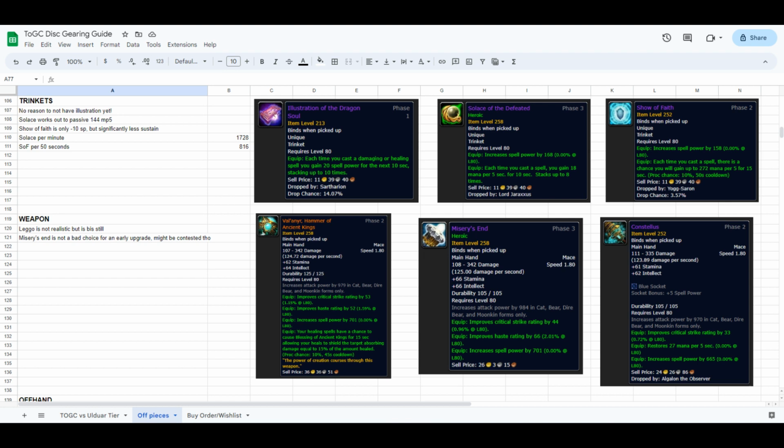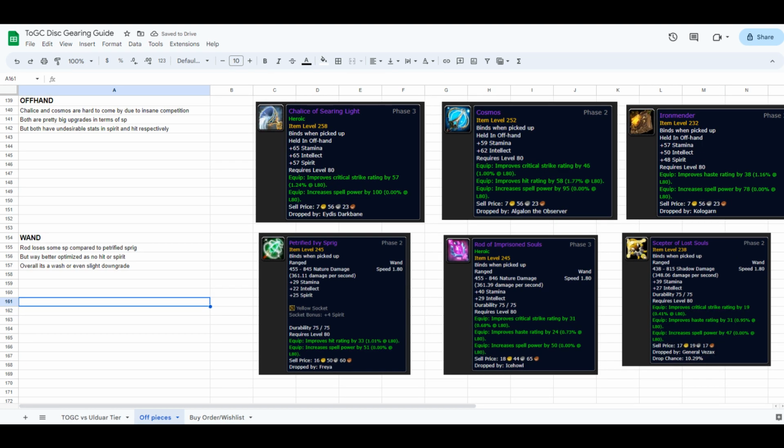And that should be something you definitely have by now. Drops off of Algalon and Hodir. And a lot of classes don't necessarily want it because of that MP5 on it. So for the Offhand, this is something I'm a bit bitter about. I'm still using the little lantern thing you get from Naxxramas. Just haven't gotten lucky with some of the drops like Ironmender, Cosmos, and honestly Cosmos shouldn't be going to a